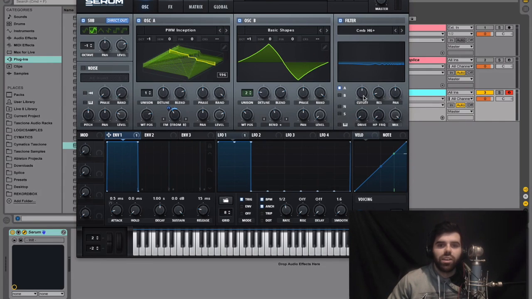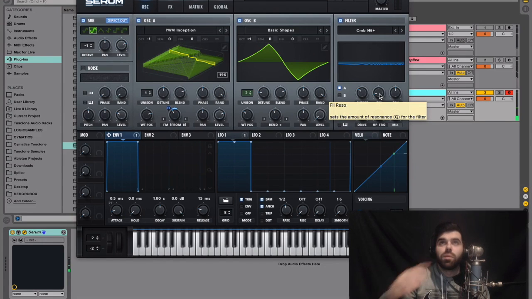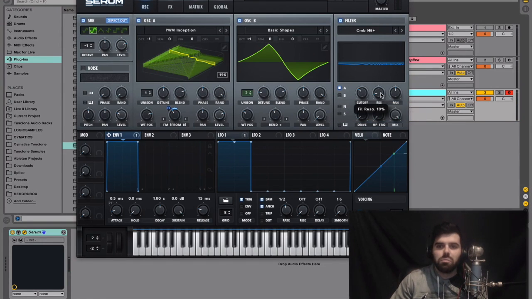So right now what you should be hearing is this. All right. So we're going to drag this down to around 120, 117 hertz. So you should be hearing something pretty similar, and that's because we haven't bumped this resonance up. When we bump this resonance up, it is going to take on a completely new sound. So you're getting that super metallic vibe.